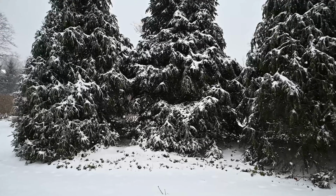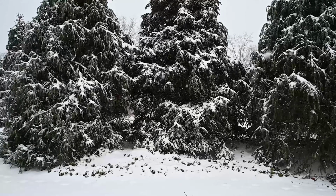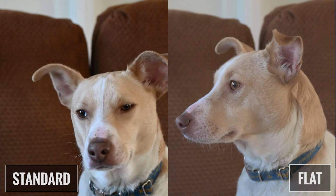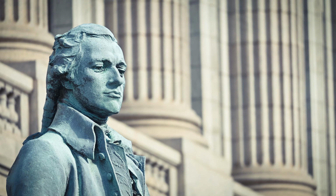Unlike with the Z6 or Z7, Nikon didn't include N-Log with the Z50, but there is a picture profile called flat, which retains more of the detail in the shadows and the highlights and gives you more room to work with in post. All right, now let's talk about the autofocus, which hasn't always been a strength for Nikon